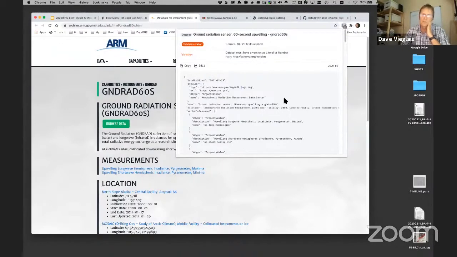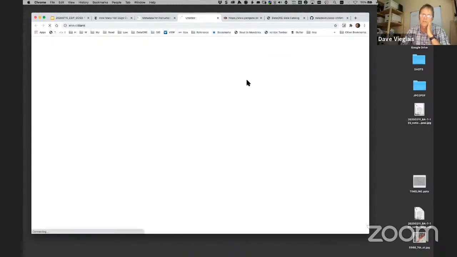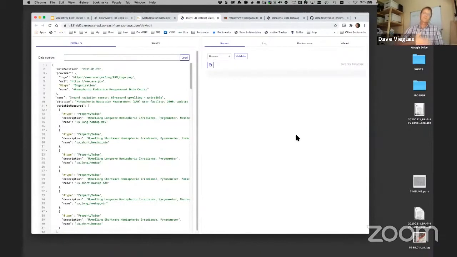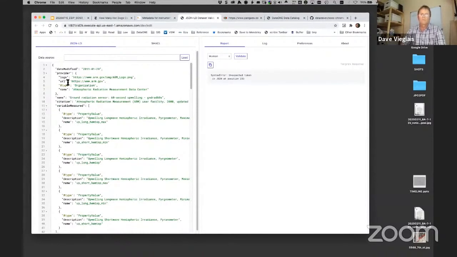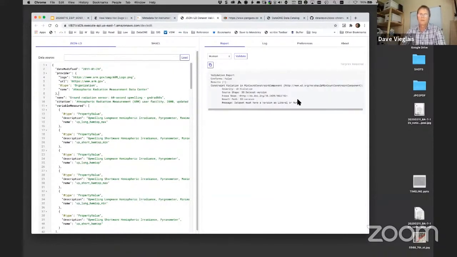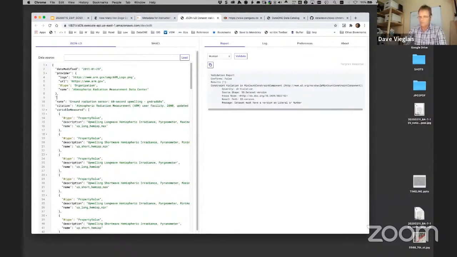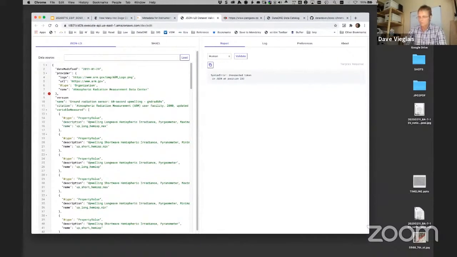And this is integrated with the AWS service, so you can click on edit, and that'll send the JSON-LD across to the web service so that you can then interact directly with the JSON-LD to do things like, in this case, fix that. Oh, before I do this, let's run the validation. You can see version's missing, so we'll just add in version and see what happens. Let's make something up. Okay, so now the validation report passed.